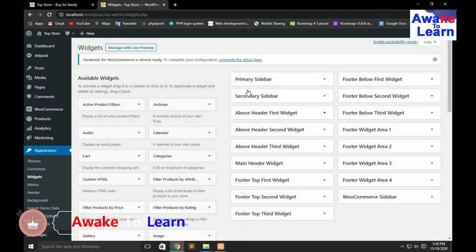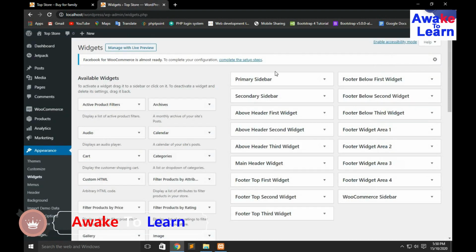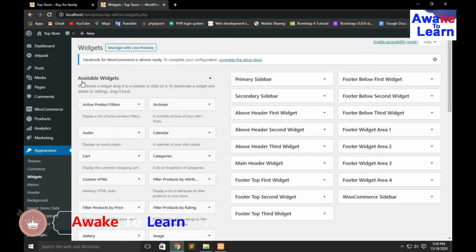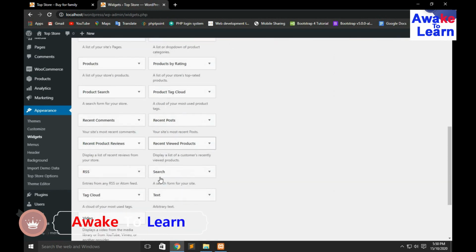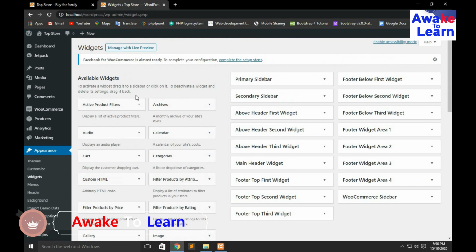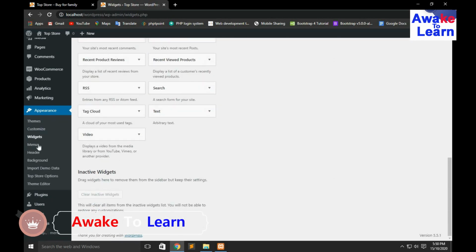This is the header section. This is the primary sidebar and that is the secondary sidebar. And these are the available widgets in WordPress, and you can also install other widgets.